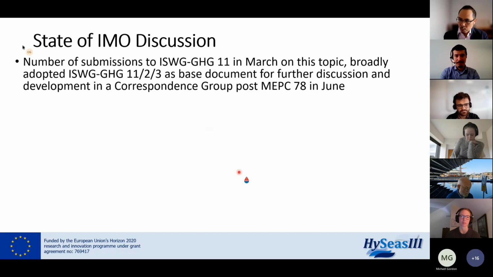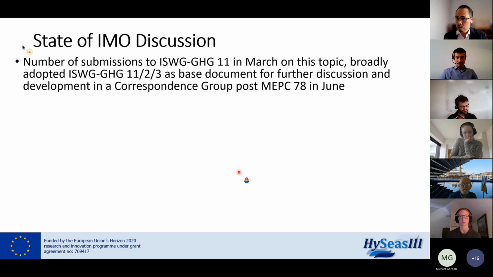some of you are familiar with how the IMO works, some of you maybe not. So the IMO has a number of committee and subcommittee meetings, and then they have some intersessional working groups. So we meet together, and we have discussions based on submissions of documents to the IMO. The most recent one, which was held in March, is called, it's a bit of a mouthful, ISWG-GHG, meaning Intersessional Working Group on Greenhouse Gases, the 11th session. This was held in March, and a lot of time at this session was spent on talking about how should we use LCA